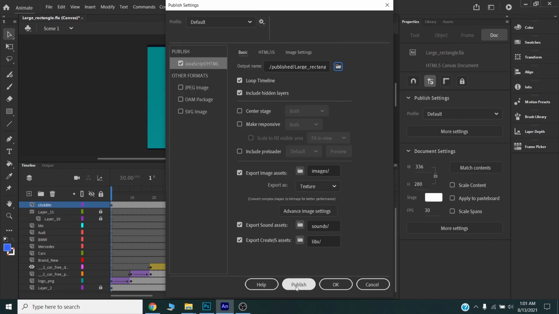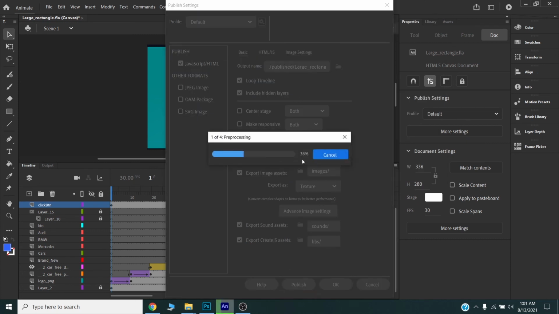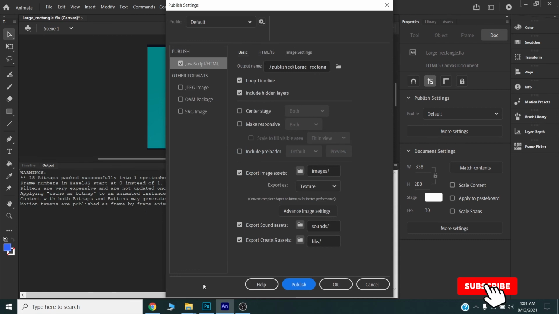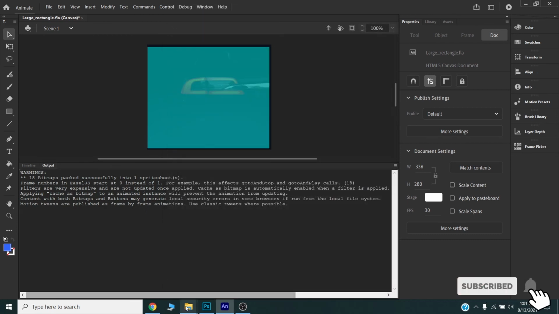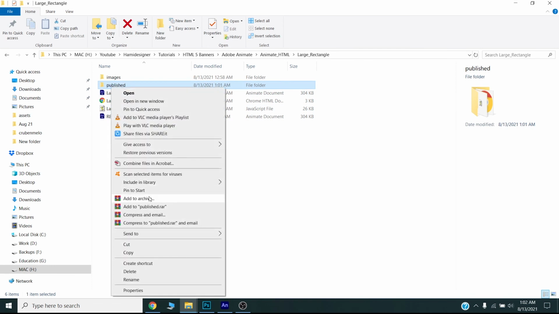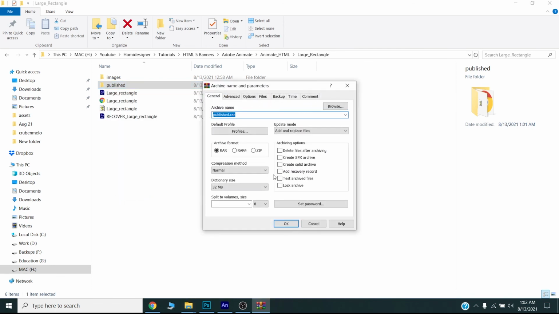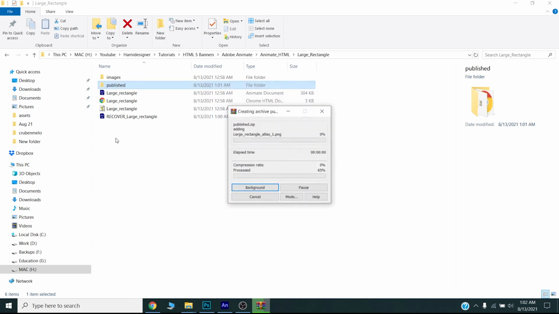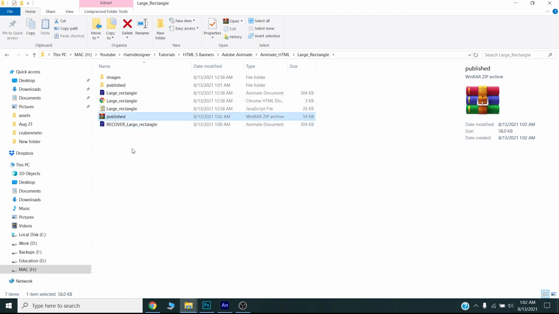Now I can publish my banner here. Now I can compress and zip it, and I can share this final published version with my client, or I can upload to my ad campaigns. Okay,